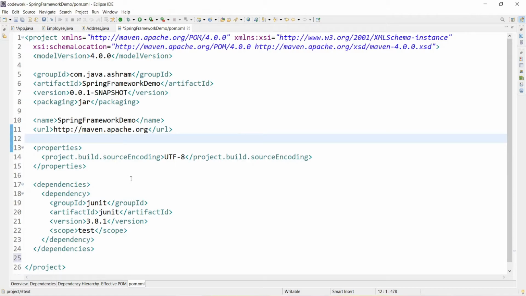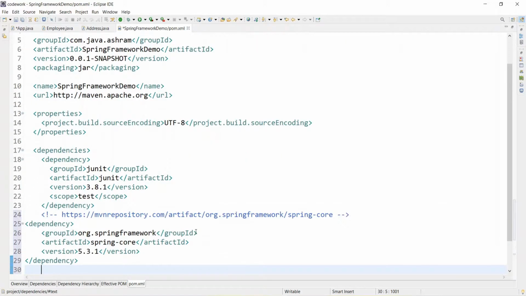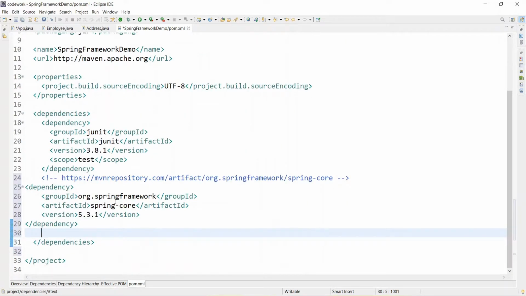Go to your project and paste it here. So one dependency is put here. This Maven project will download the dependency for us, so we don't need to bother about going to the build path and adding the third-party library jars. All these things will be taken care of by Maven.